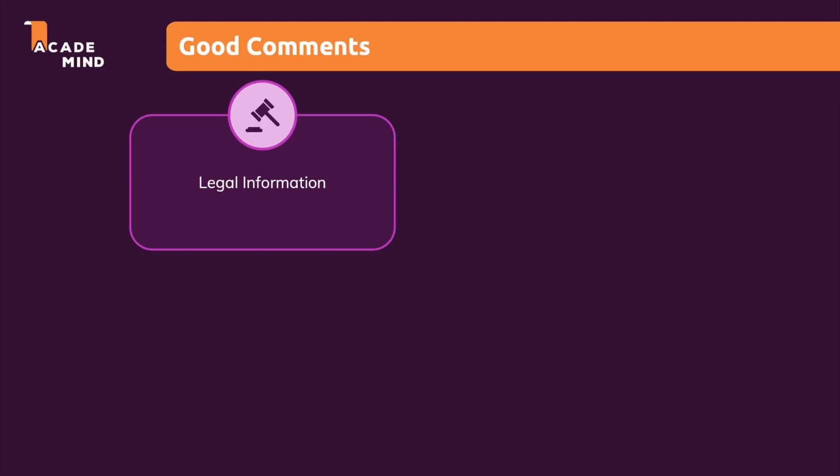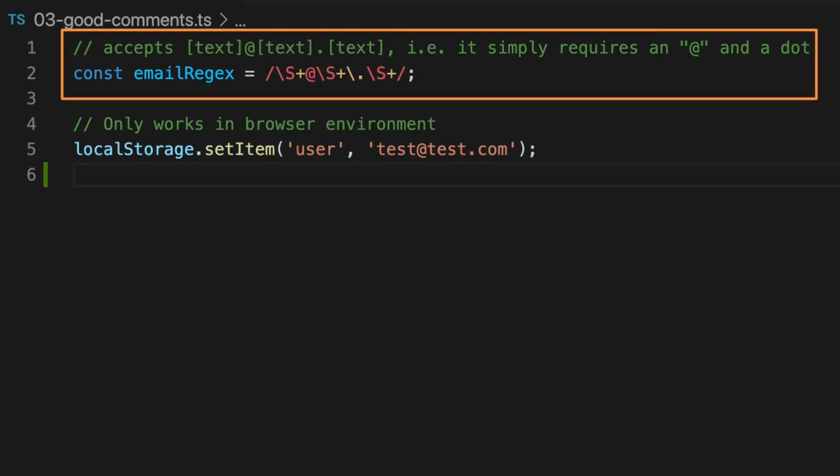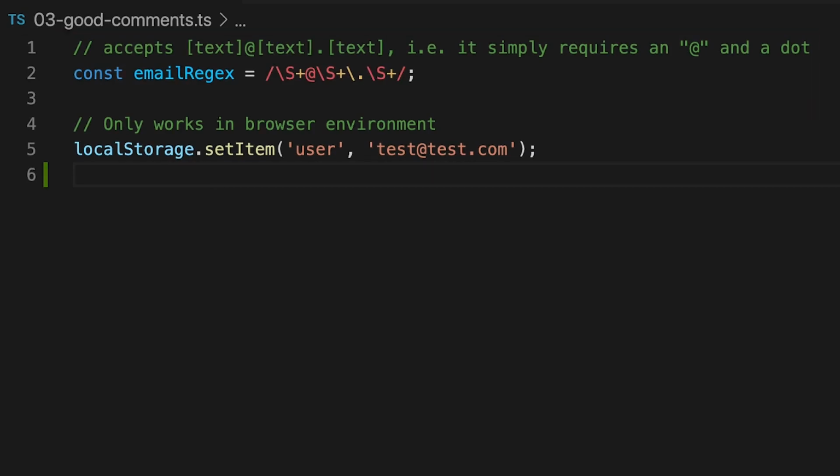Now, another kind of comment which is actually good is a comment that adds an explanation which can't be delivered or replaced by proper naming. And this would be an example. We're using a regular expression, and even though that's a relatively simple one, regular expressions can get quite long. And having a little comment next to it which simply explains what this regular expression does or checks for can